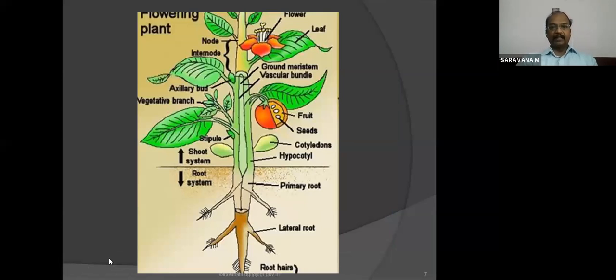You see here plant taxonomy: lateral root, root hairs or primary root, how this plant has been classified. Plant taxonomy: fruit, seed, leaf, flower, node, and buds and all, you can see. So this is called plant taxonomy. Like that, in educational taxonomy also, each and every learner's overall development as an individual will apply cognitive domain, affective domain, and the psychomotor domain. Let us see all those domains in detail.